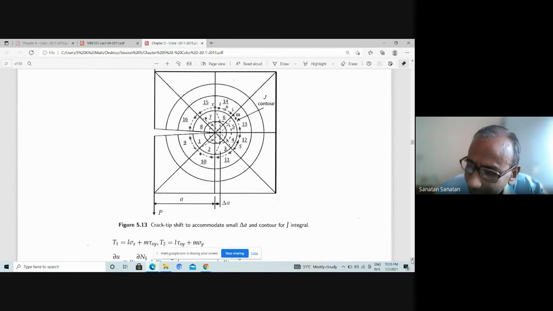So this is the J integral based method, and it is very accurate indeed. It is widely used in evaluation of stress intensity factor, whether the body is subjected to loading in one mode or multiple modes. It is possible to evaluate the value of both mode 1 and mode 2 stress intensity factor in 2 dimensions. So that's the beauty of this finite element method, and it is also using the energy method based on the J integral.